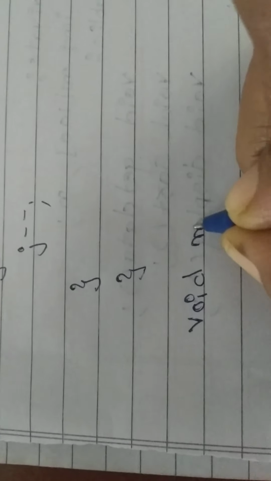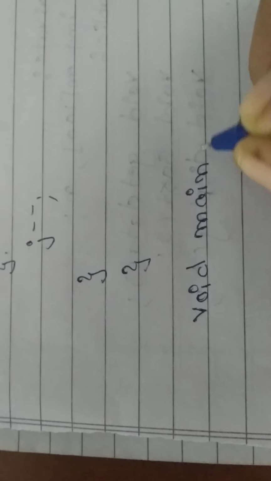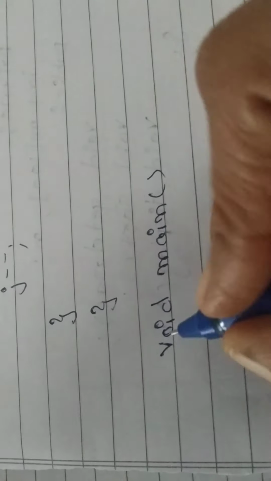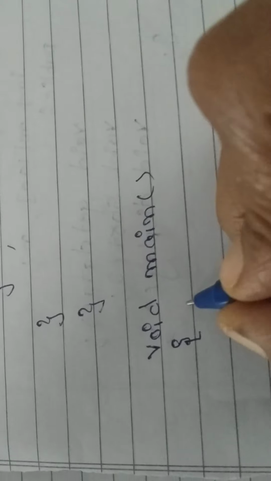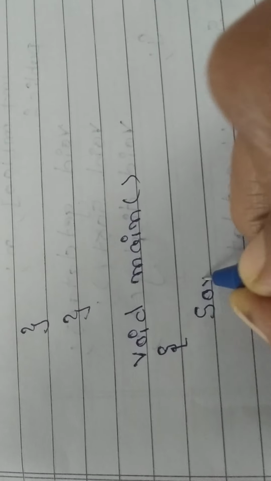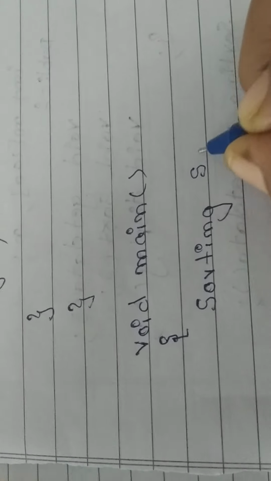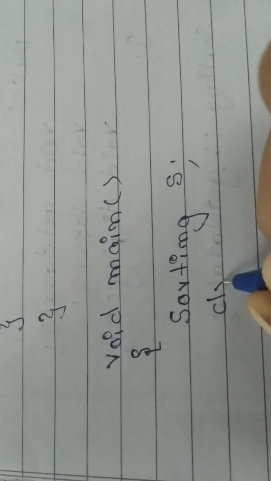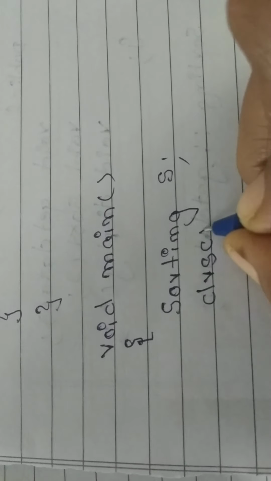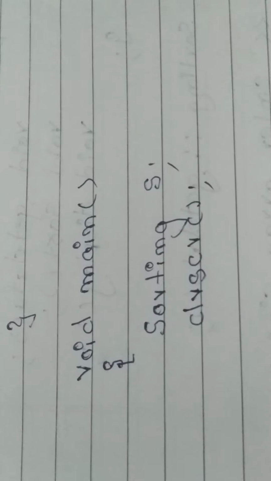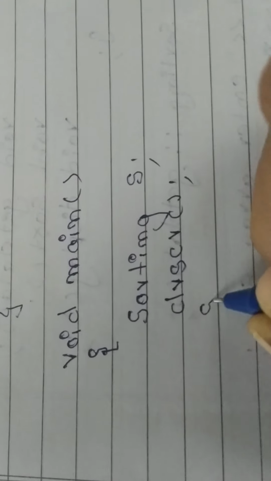First, here I taught you. Now, what is there after that? Where does the program start execution? Void main of. Program starts executing here. Ma'am, we wrote from hash include. No, it won't execute from there. It starts from here. So, class name, object name. In 7th chapter, I told you how to create an object. Class name, object name. So, after that, if any previous outputs are there, we write clrscr of to clear the screen.